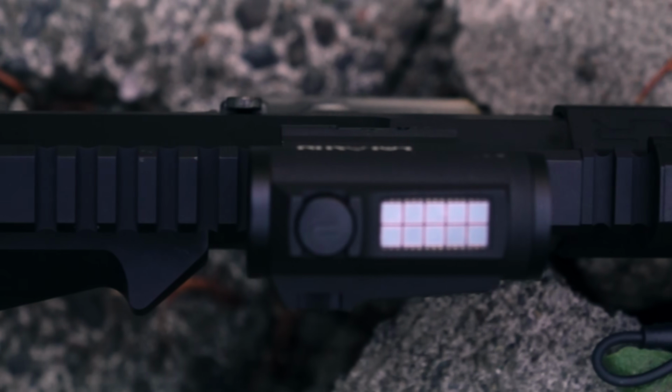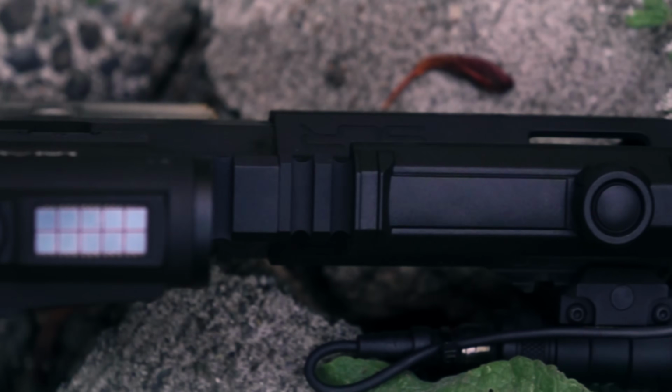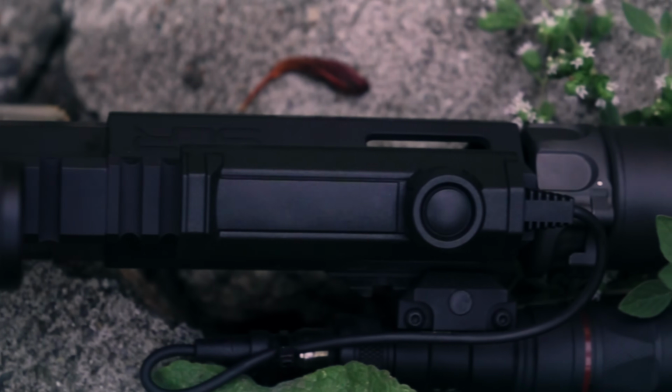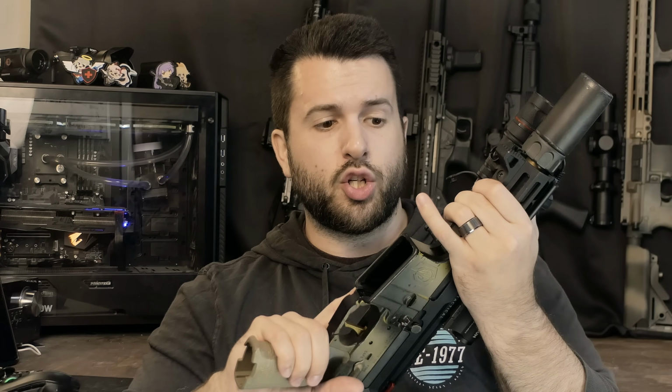Again, the Holosun 503CU, the only weak point on it is the base mount. But you can swap out the base mount for just any T1, T2 style mount that you like, and you'll be good to go. Now, there are a couple other things that we need to talk about in conjunction with